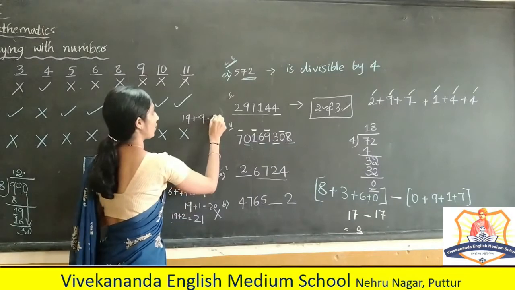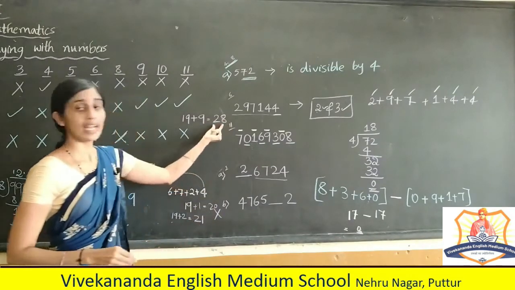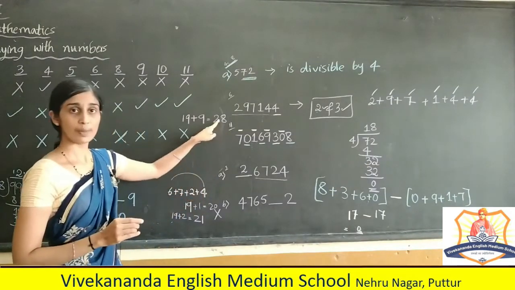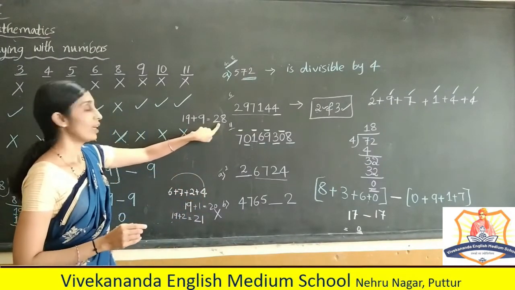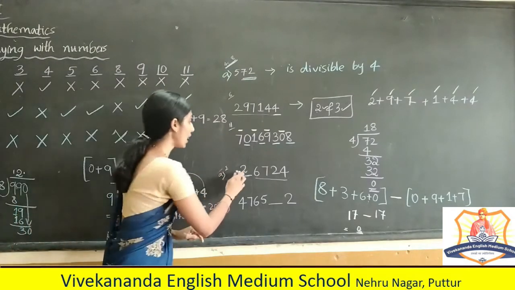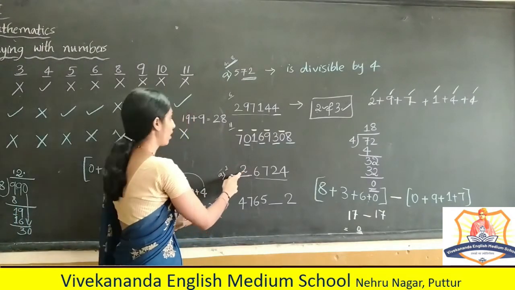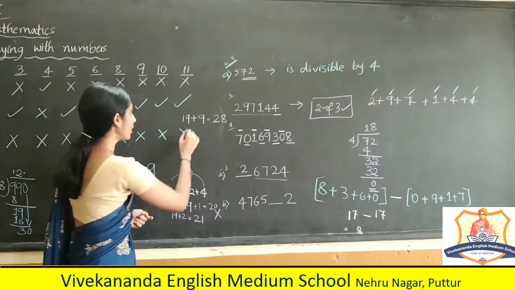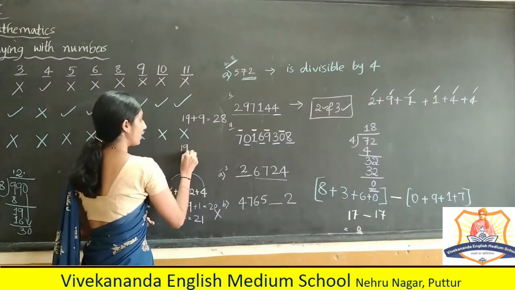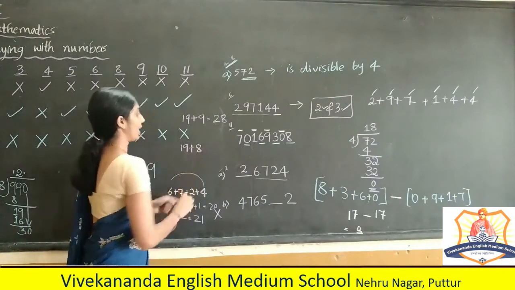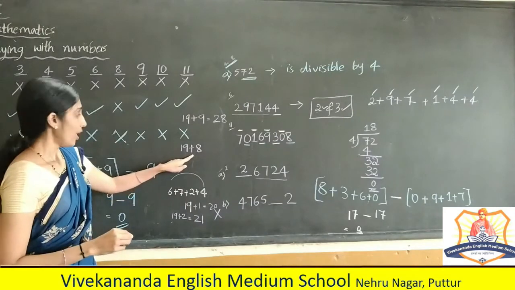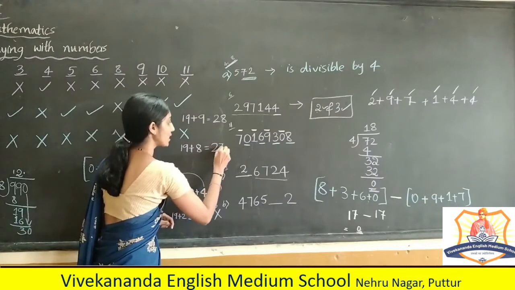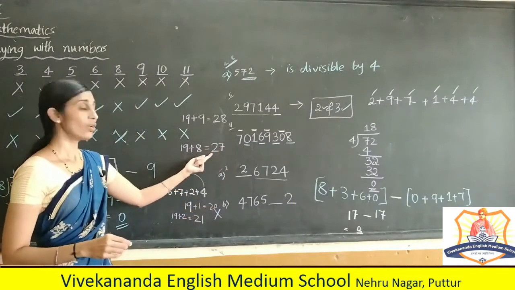We got it already. So, 19 plus 9. How much? 28. Whether 28 is divisible by 3? No, 8 plus 2 is 10. 10 is not divisible by 3. So, it is not divisible by 3. So, I cannot write 9 here. So, next number, backward number. Backward number if I come, 19 plus 8 I should take, right? 19 plus 8 if I take, what is the answer here? 27. 7 plus 2, 9.